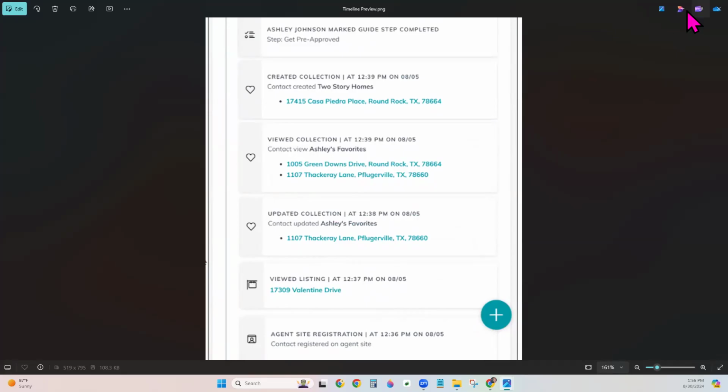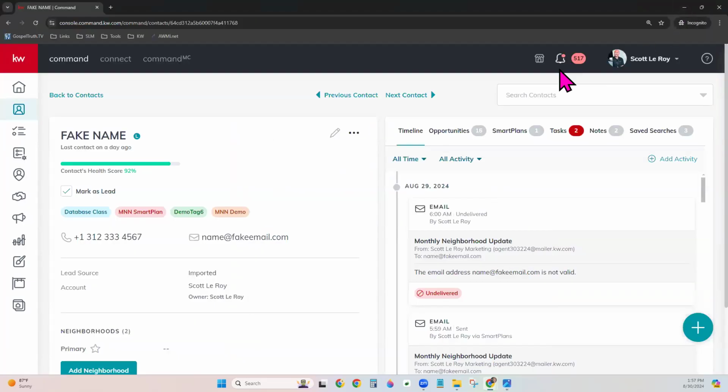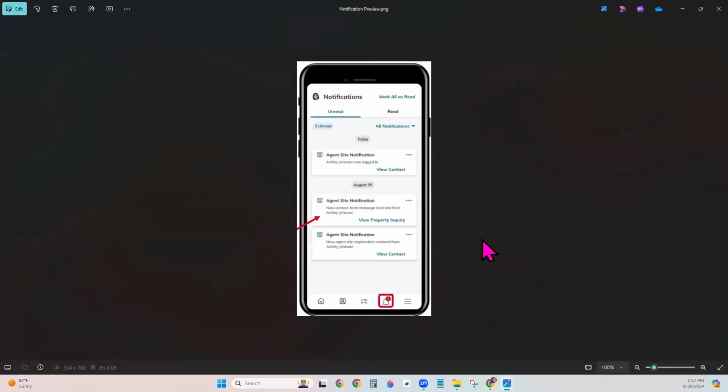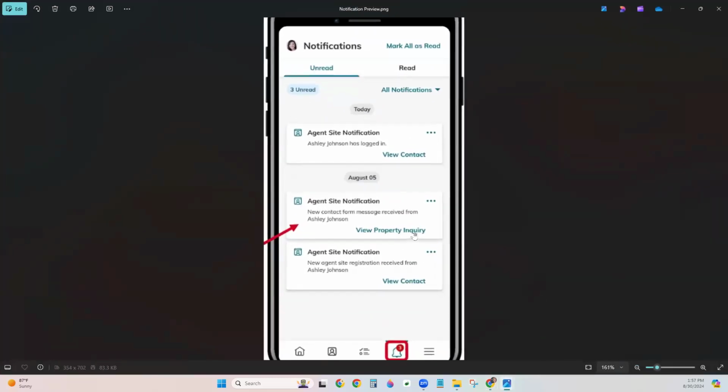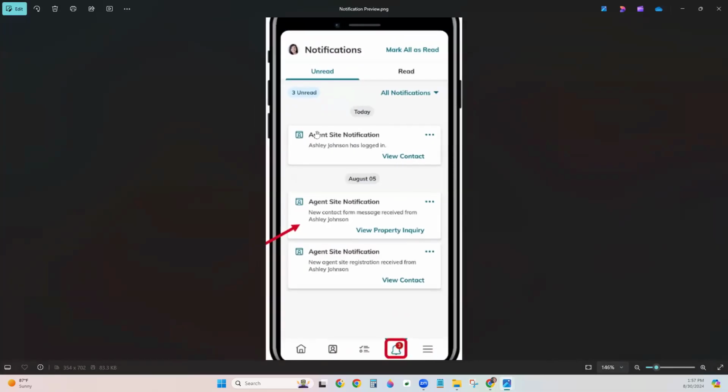I'm going to minimize that image, remind you about your notification bell right here within your Command desktop. This is where you will get notifications based on all of this information. So when they register on your site, you will get a notification. Let me show you an image of a sample there. This is what notifications would look like on Command Mobile, but they also look very similar on your Command desktop as well. It will show you when they've registered on your site, and you can have a hyperlink right there to view the